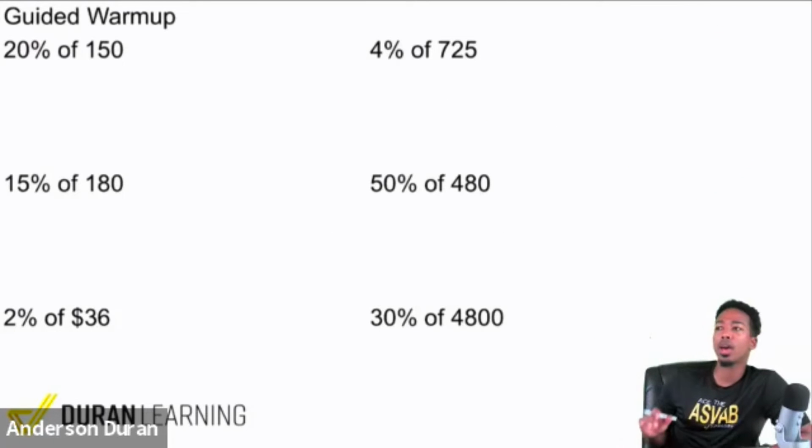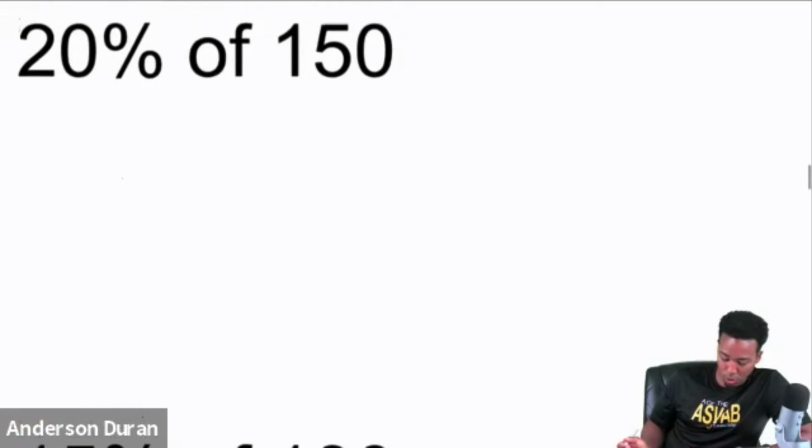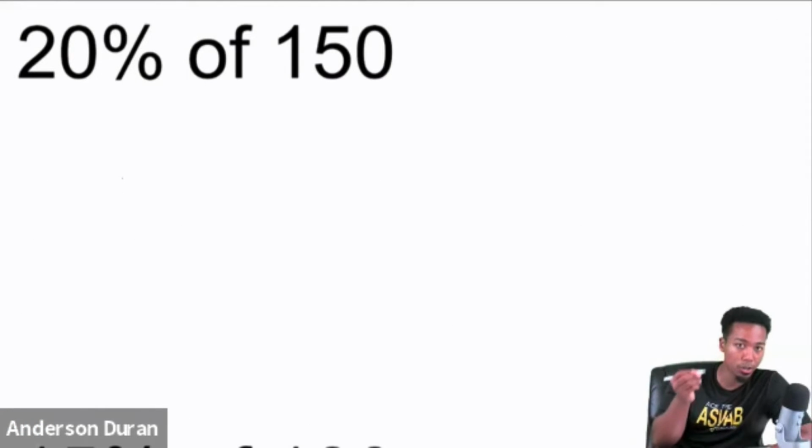So let's go ahead. I'm going to go through these, not terribly fast, but I'm going to speed up the process just a little bit, because I'm going to go over 2 ways to do every single problem. One is the traditional way, and the other way is using mental math, using these conveniences. So watch this. Starting off with 20% of 150, one thing I would do is immediately turn that percent